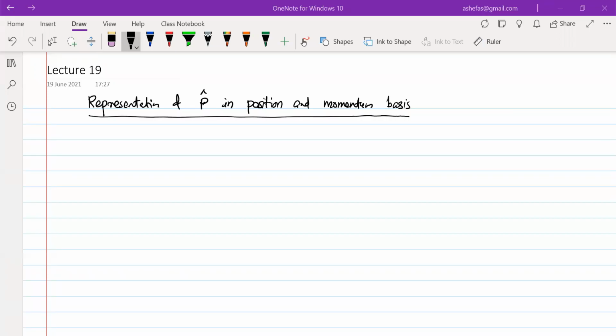Hi all, welcome to the 19th lecture on quantum mechanics. So in this particular lecture, I will be dealing with representation of momentum operator in position as well as in momentum basis. And in the second part of this lecture, I will be dealing with the representation of position operator in these two bases. Okay, so we know that the momentum operator